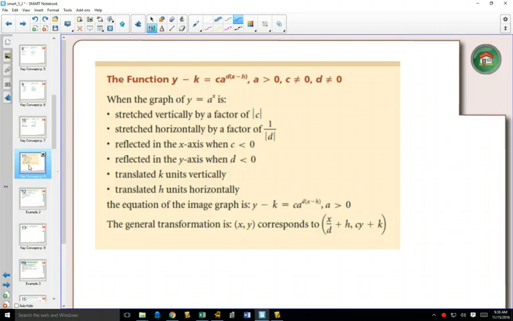Again, they have this long explanation of all the transformations. What we're going to do is move that k over to the other side. I'm going to keep the same letters here. We're going to move that k over to the other side, and we're going to do transformations the same way